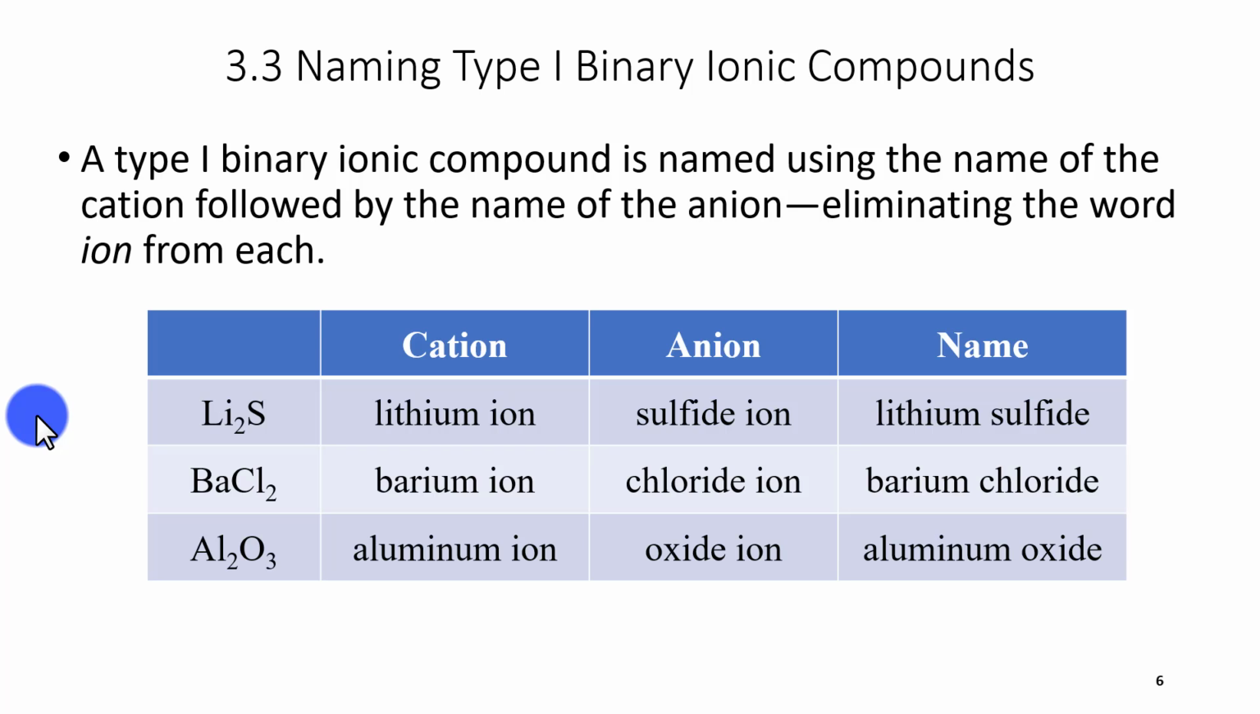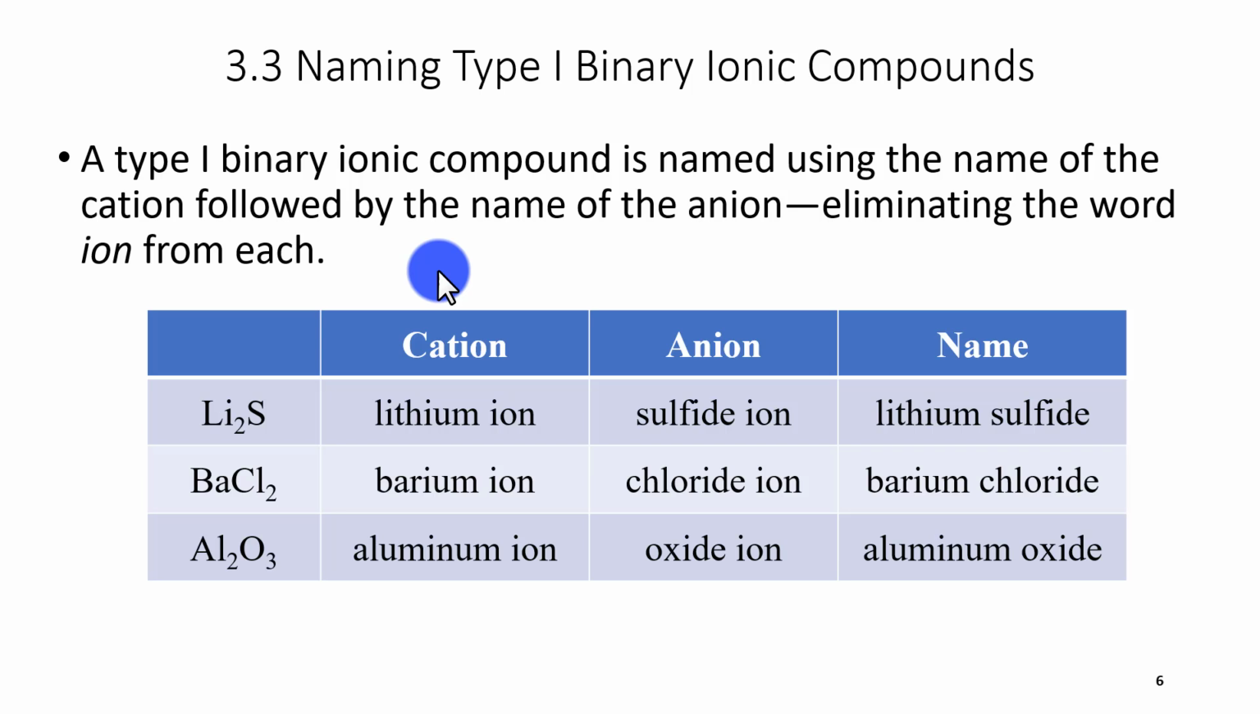Now that we know how to name the metals and the nonmetals, so cations and anions, let's put them together to figure out how to name ionic compounds. Note that we have two types of ionic compounds. We have what are called type 1 and type 2 binary ionic compounds, binary meaning 2. For type 1 ionic compounds, we name the metal by just using the name of the element. These types of cations are